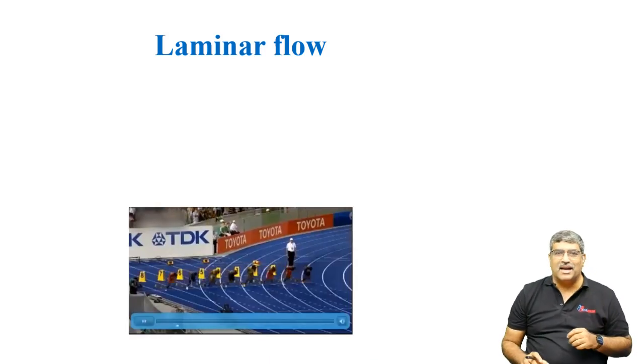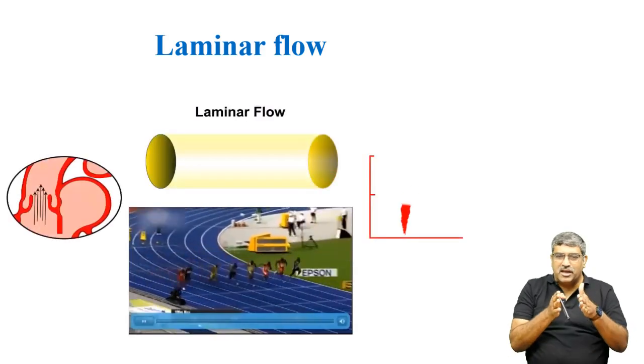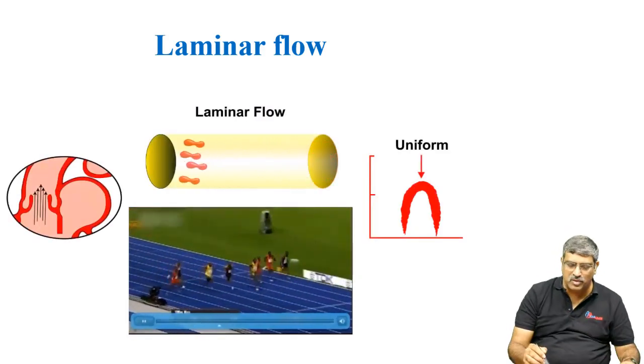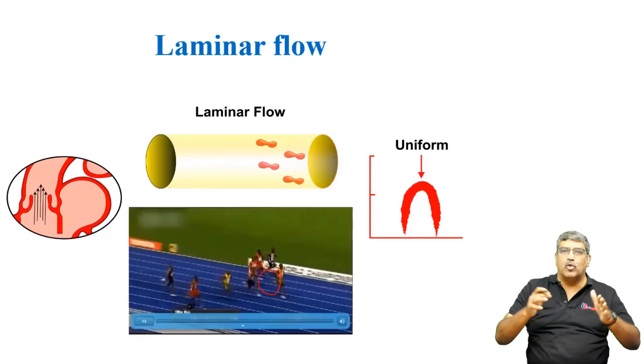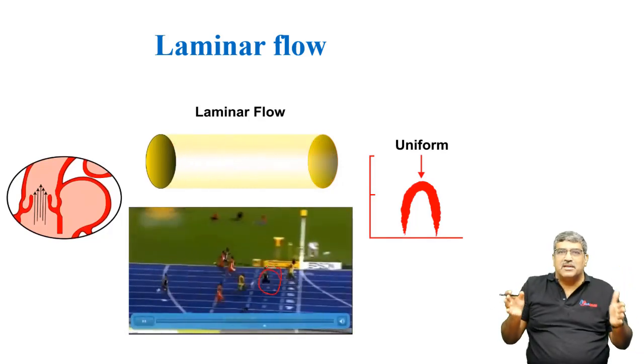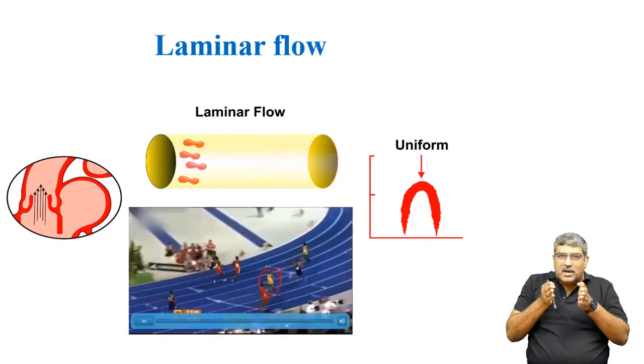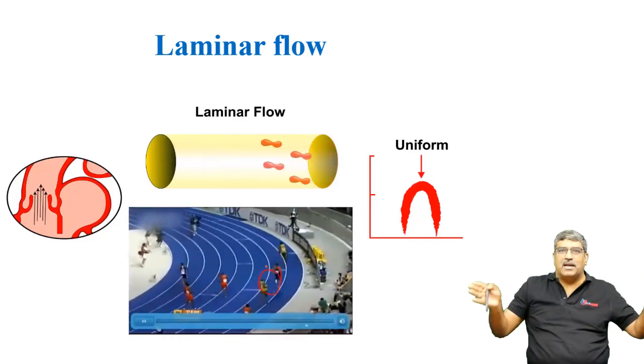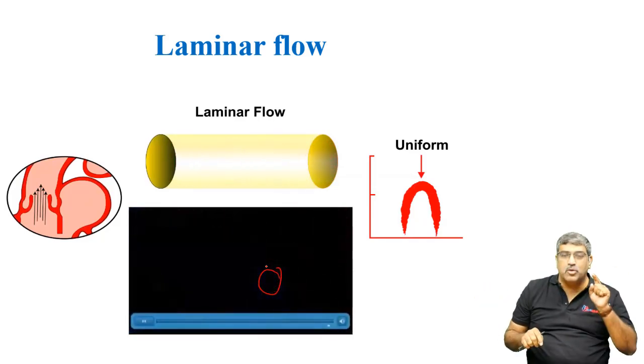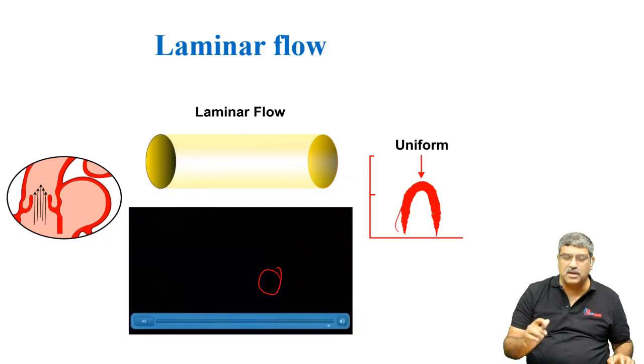To understand laminar flow, it is like a sprint. Initially everything starts at the same velocity, then you can see the axial center gaining more speed and the center part is not at the same speed. Okay, it is axial center maximum and the side being less, but you get a uniform spectral image,